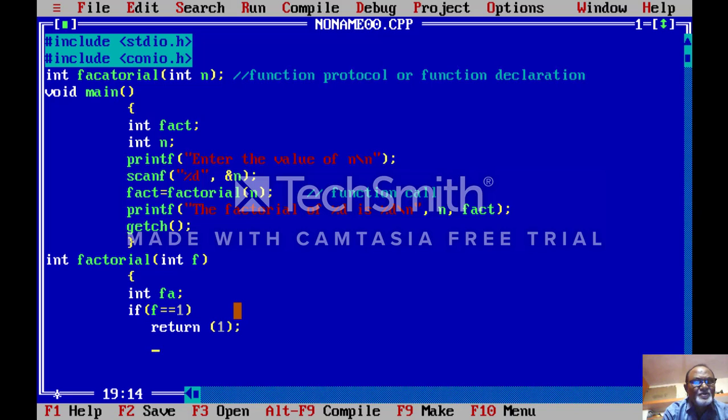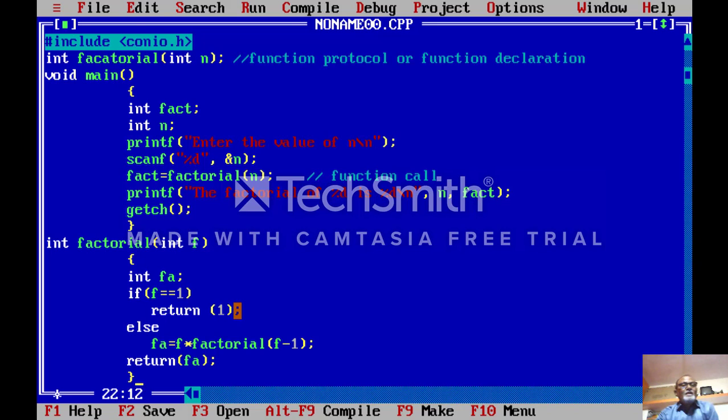If the value of f is not equal to 1, that means it executes the else part, that is fa is equal to f multiplied by factorial of f minus 1, and then return the value of fa.